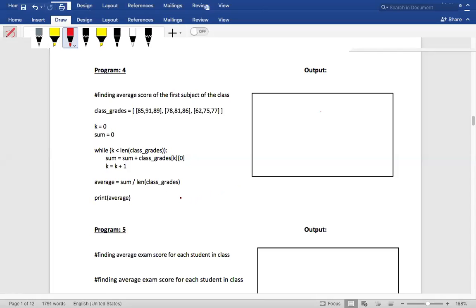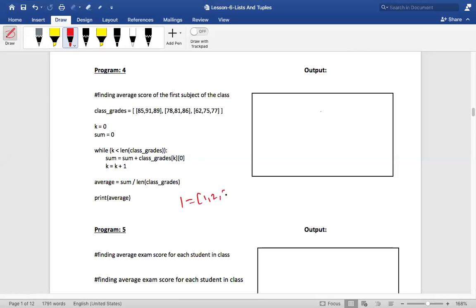Suppose I have L is equal to 1, 2, 3. I'm just trying to give you a rough diagram. 1 is an object, 2 is an object, 3 is an object. An object is a real-time entity. I'm sorry that I'm not able to explain very clearly now, because we have to go to that chapter first. In your C language, this would have been a contiguous memory location. If 1 is at 200, then 2 would be at 204 and 3 at 208, because an integer occupies 4 bytes. Correct? Kavirappa, I don't know if you know C language.